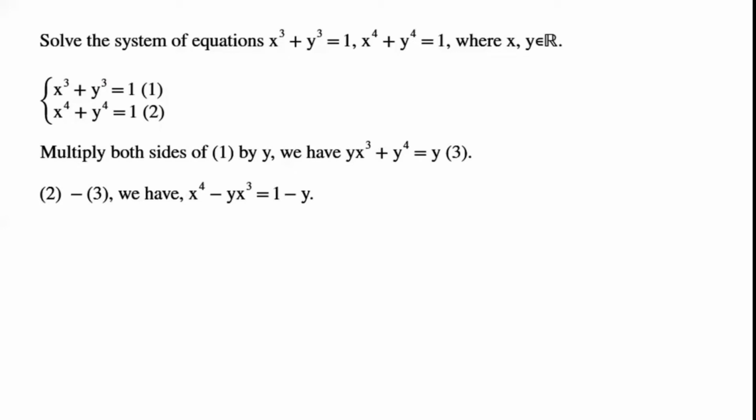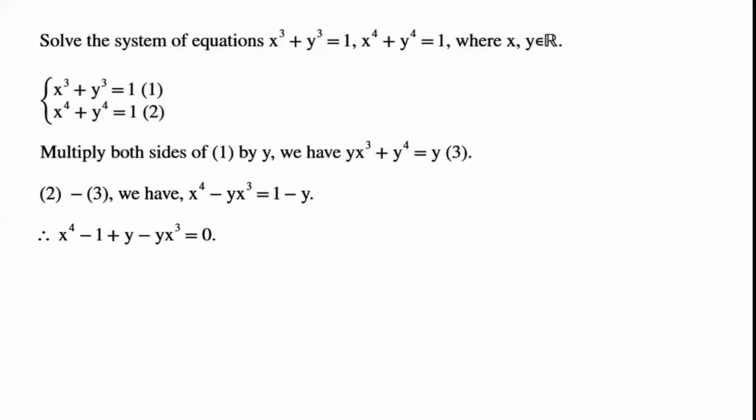We have x to the power of 4 minus y x cubed equals 1 minus y. By rearranging the equation, we have x to the power of 4 minus 1 plus y minus y x cubed